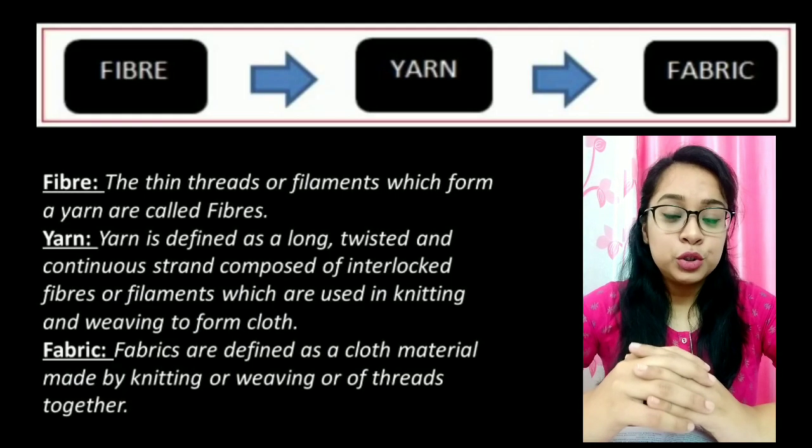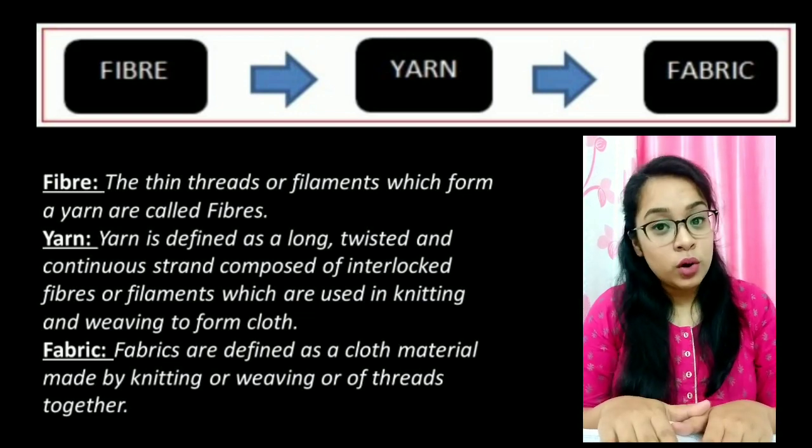So I am keeping the other things aside. See, this is a beautiful sari and this is Muga silk. In this chapter we will learn about the different silk moths. What are silk moths? We will read about it. And this is a cardigan and this is a stole. These two things are made up of wool. And you all know from where we get wool? We get wool from sheep. Not only sheep, we may get wool from some goats and camels. In this chapter, we will mainly learn about wool and silk. So, let's get started.